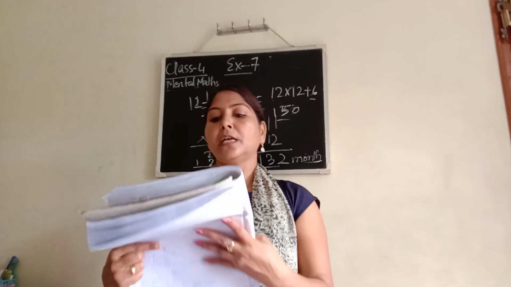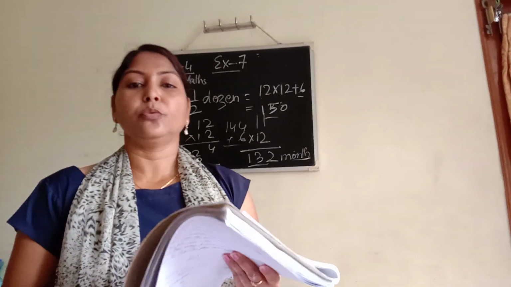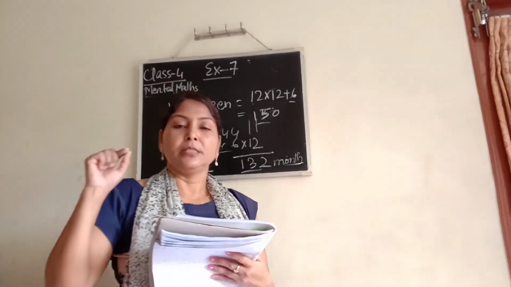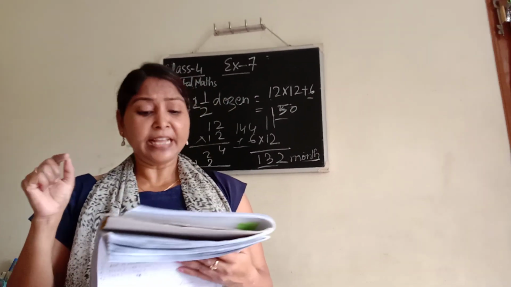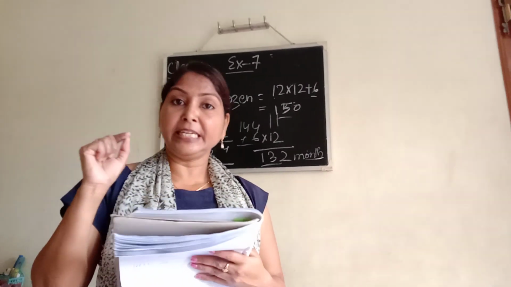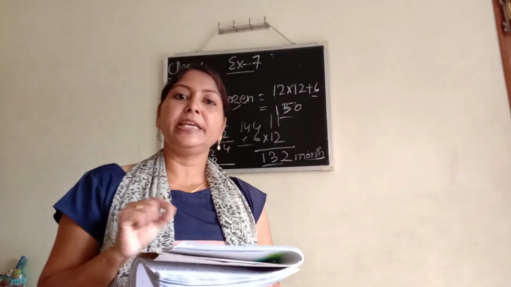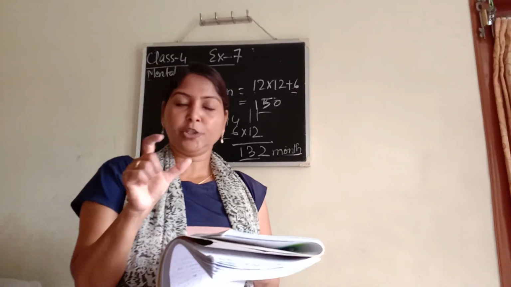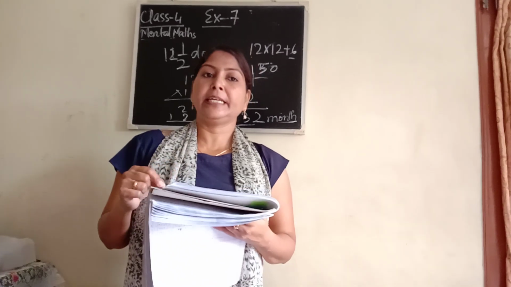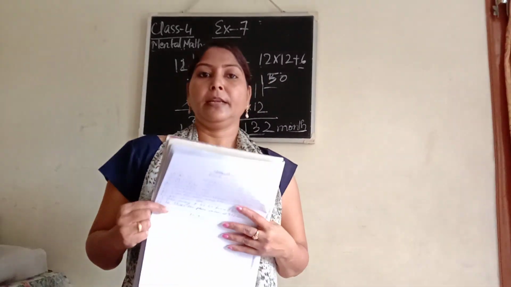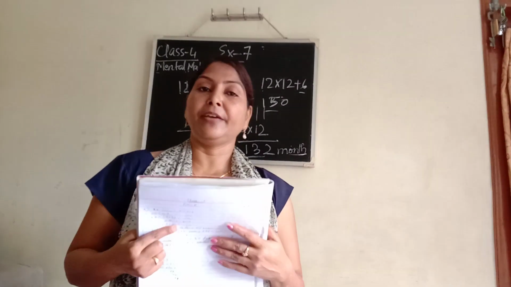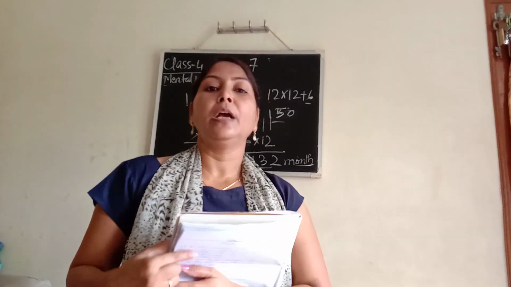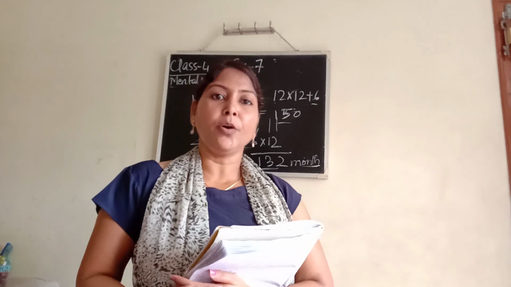Okay. So this is how you will try to do exercise number 7, like 5, 6 and 7. In exercise number 7, if you face any problem or difficulty, just leave that question blank and send it to me. I will explain to you and I will give you the answer. Okay, but try to do 5 and 6 and 7 also in your book and send me for correction.